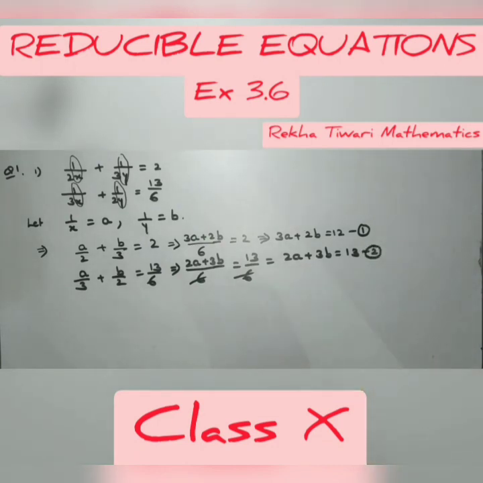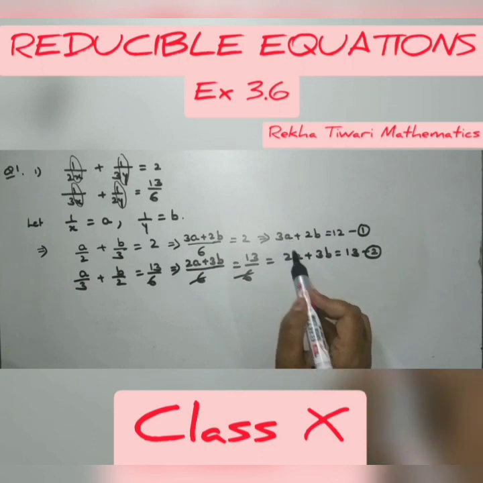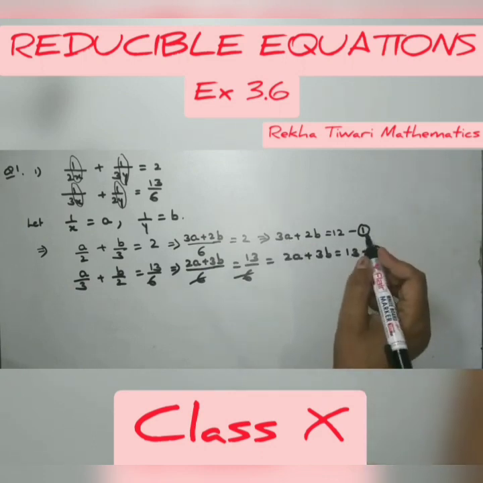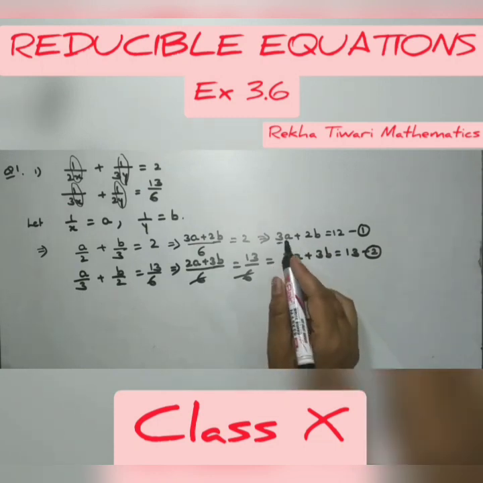Now these two equations are in the proper form, but we have to solve these two equations. That means we have to find out the value of x and y. Before that, we will get a and b from these two equations. You can solve these two equations by any one of the method. I am using elimination method here. For elimination method, you have to make the coefficient of any one variable same. If I have to make the coefficient of a equal, I will have to multiply equation number 1 by 2 to make it 6 and equation number 2 by 3 to make it 6.